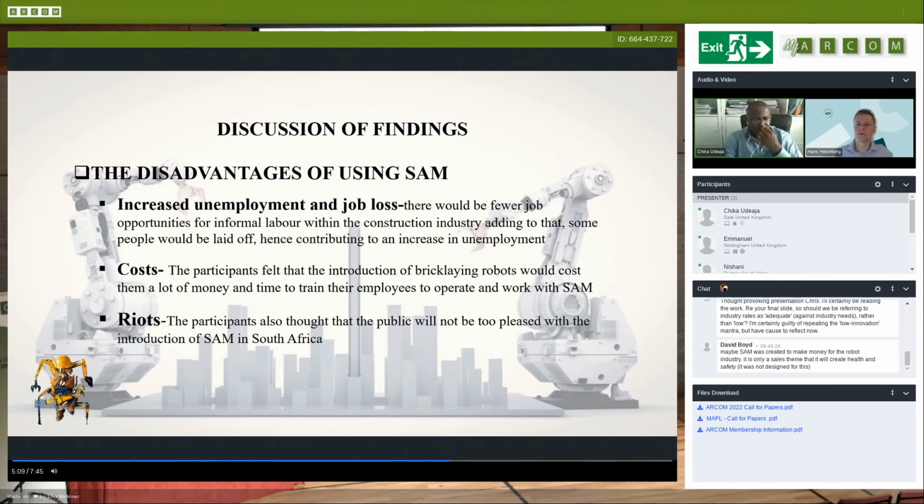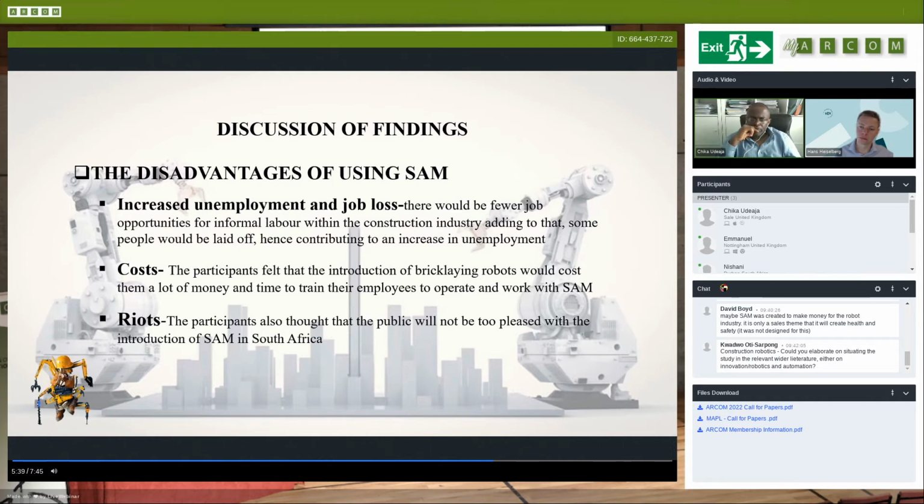Under the theme of the disadvantages of using SAM, the participants believed that the adoption of SAM will increase unemployment and job loss. They believe that there will be fewer job opportunities for informal labor within the construction industry. Adding to that, some people will be laid off, hence contributing to an increase in unemployment within the country. They also believed that there will be